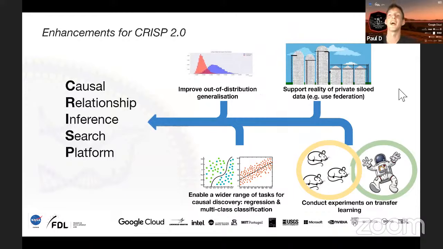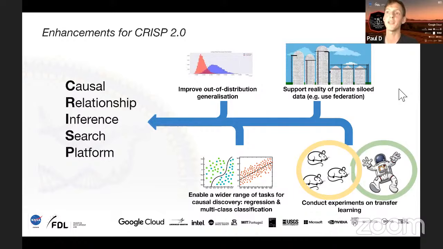Thanks. So yeah, the idea of this year's astronaut health team was that the stakeholders were really interested in the previous version of the CRISP platform, and it was widely picked up throughout NASA and the Mayo Clinic, who were the partners of last year's astronaut health team. And through experimentation, they discovered that we could take this slightly further.